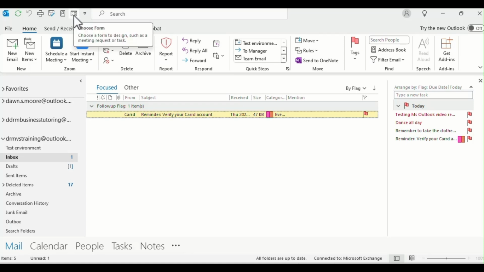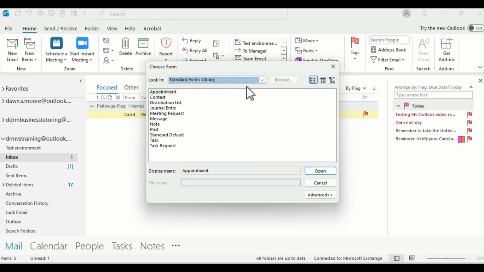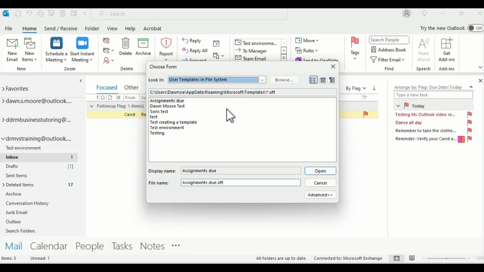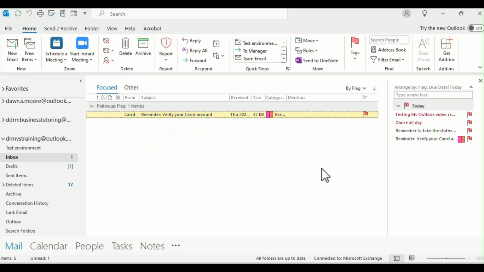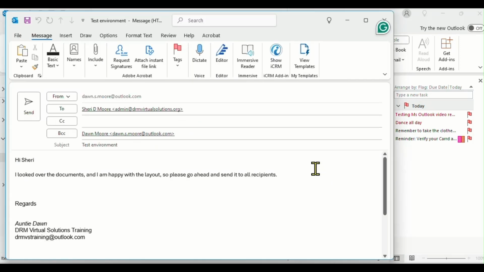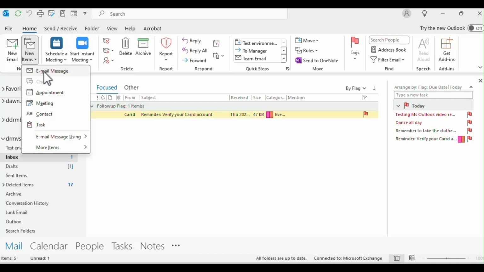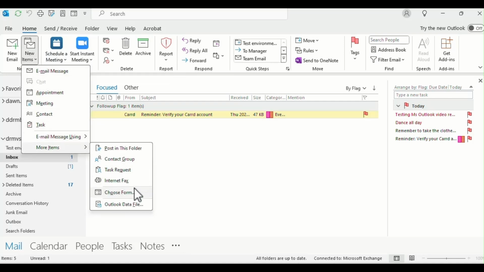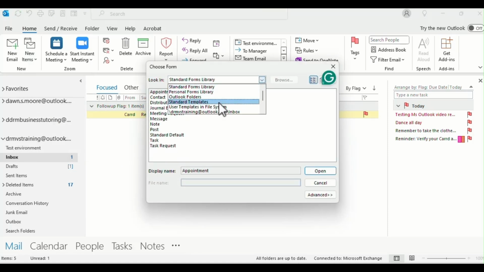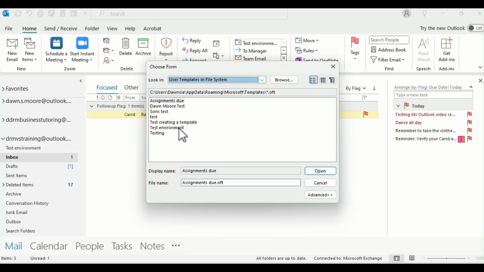Now in here is where we will go to find the template we created. So we look for user templates in file system, and the one we're going to look at today is test environment. You're going to open that up, and there is our previous email. So I'm going to close this now, because I want to use a different email template. So go back to choose forms, we go to user templates and file, and I'm going to use assignment due,